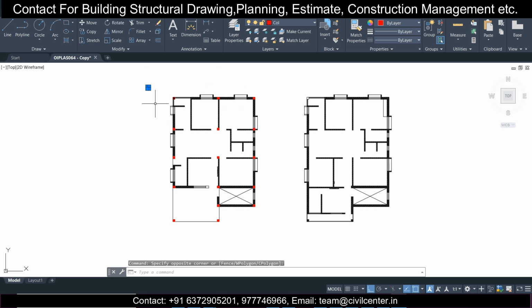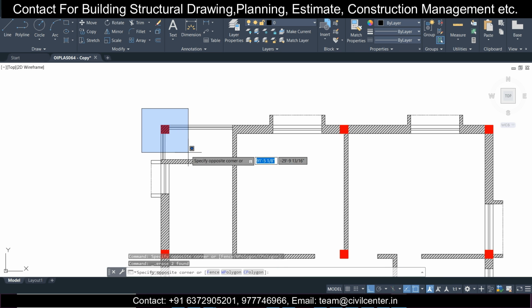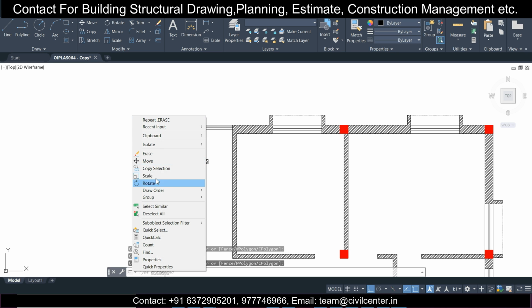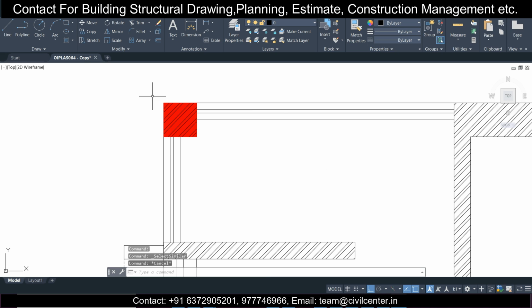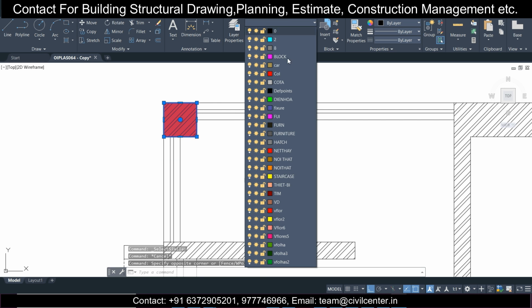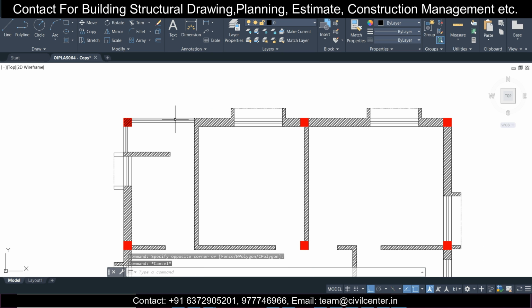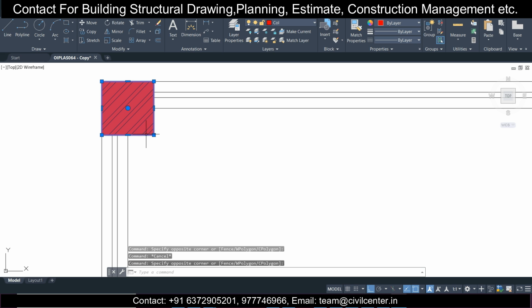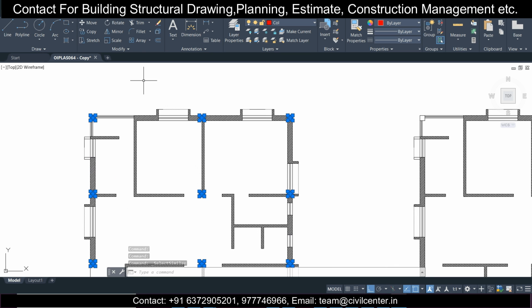So I can delete this now, and I can select one column and right click and then select similar. I hope this column is in the column layer. Select similar. So the columns are selected now. Now we can copy